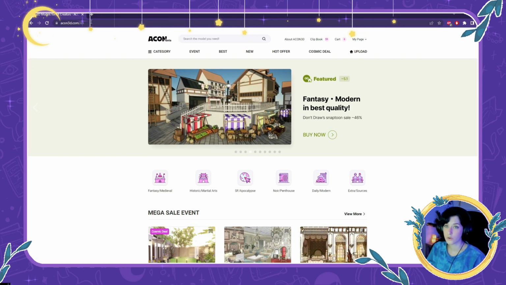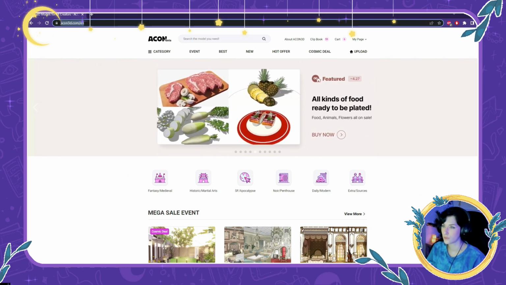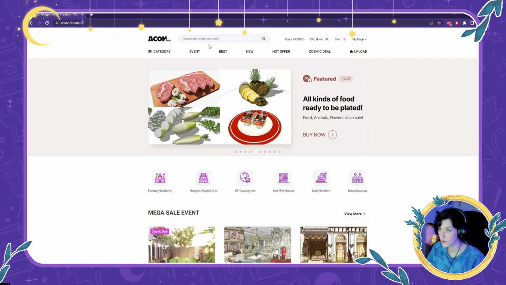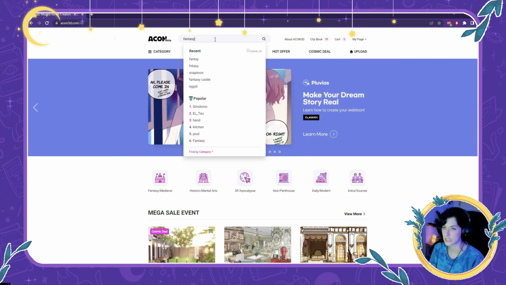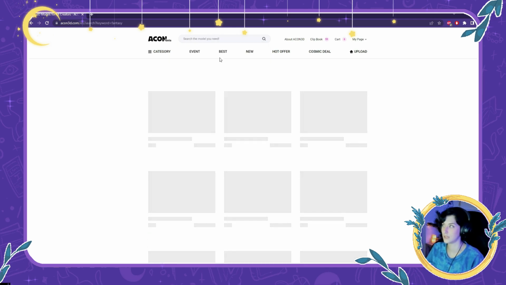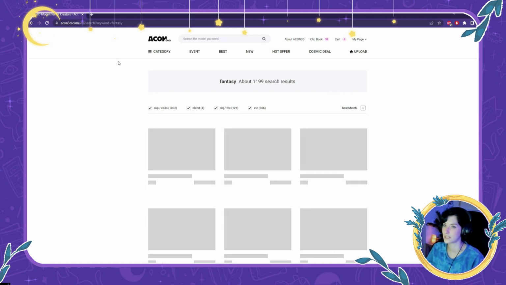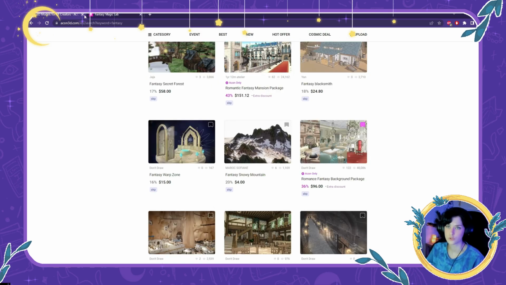First, you go on a website called Acon 3D, and you just search for what you want. Personally, I always search for fantasy because I make a fantasy webtoon. Yeah.